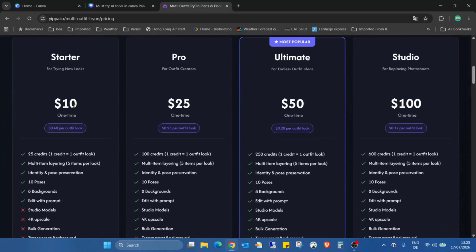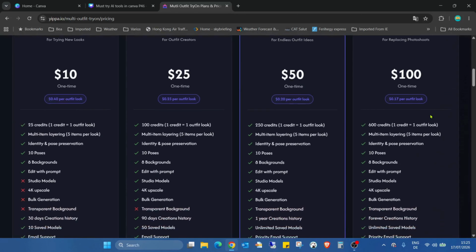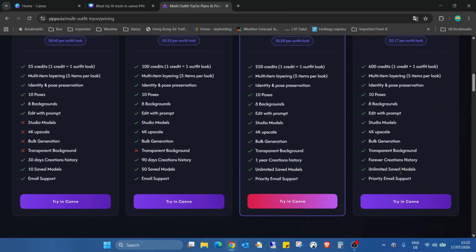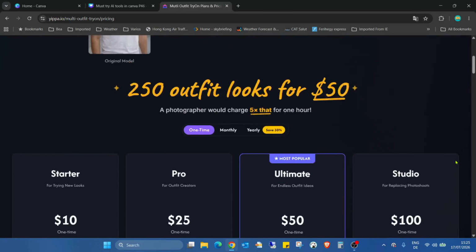As you can see, the starter pack is from 10 euros. You can go to the studio pack, which is 100 euros, only one-time payment. So as you can see, this is not monthly. This is just one-time. For 10 euros you can get 25 credits. For 100, you can get 600 credits, which is amazing. And here everything is unlocked: bulk generation, transparent background, the creations history, unlimited save models. So that's a pretty cool